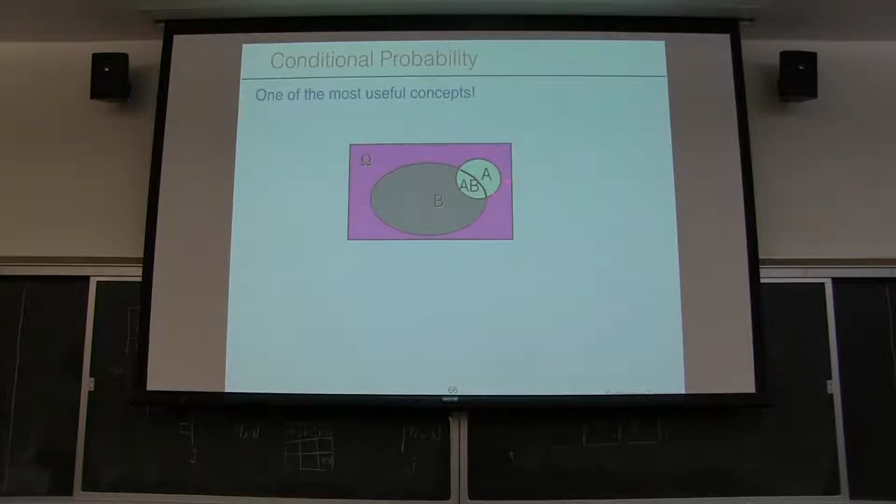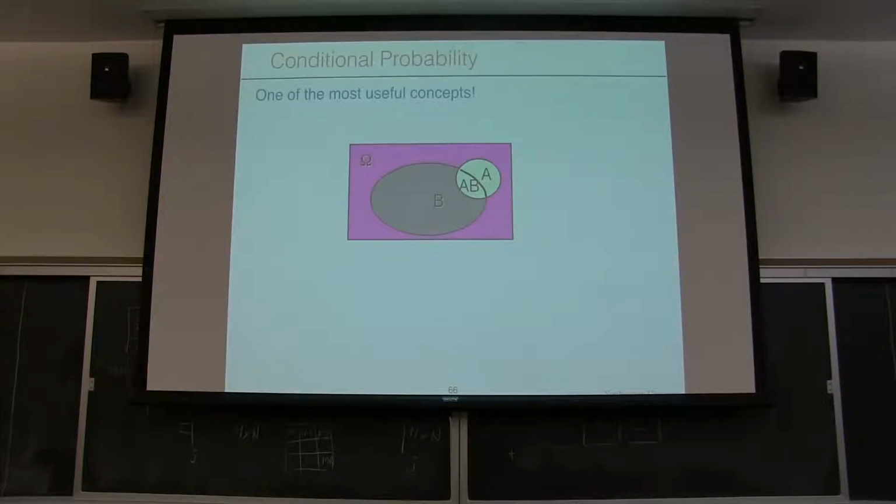If B happened, and A is going to happen too, it has to be in the intersection, right? So now the possible A events that are compatible with the fact that B has happened are only in the intersection. Okay? So now what I need to figure out is the ratio of the elements in that intersection and the